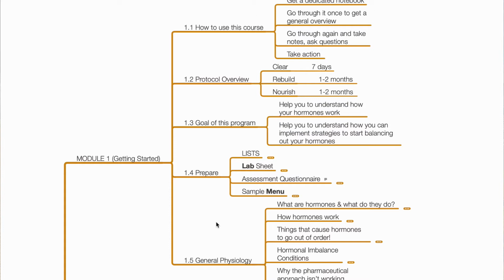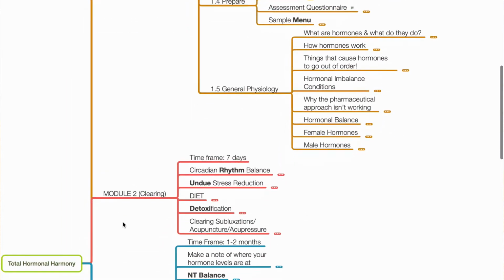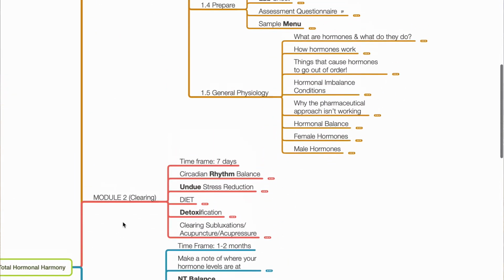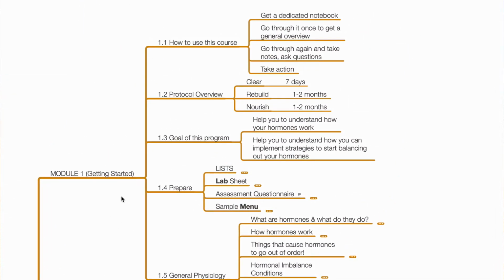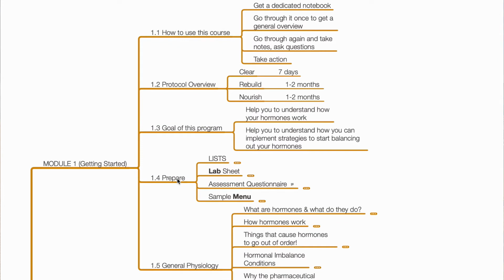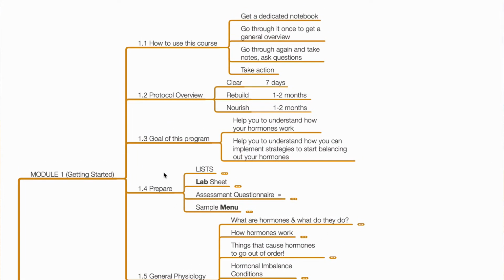I've broken it down into five modules: modules one, two, three, four, and five. Module one is where we focus on getting started, getting you prepared for what you're going to learn and apply.